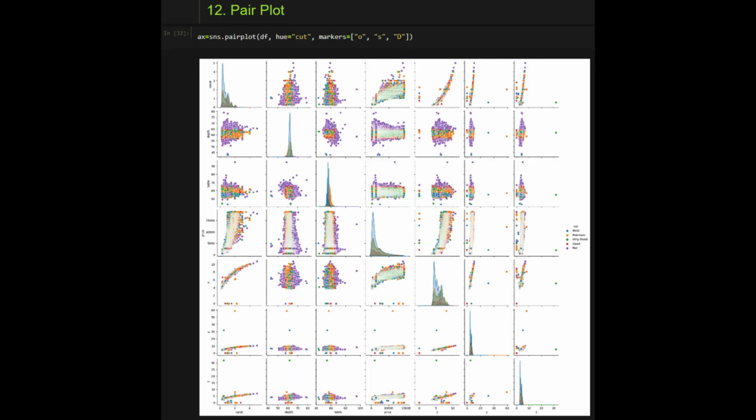Now, let's delve into pair plot. A pair plot, also known as a scatterplot matrix, is an important and useful data visualization tool provided by Seaborn. It's primarily used for exploring relationships between multiple variables in a dataset. A pair plot consists of individual variable distributions along the diagonal and scatter plots representing pairwise relationships elsewhere. It can be used for: